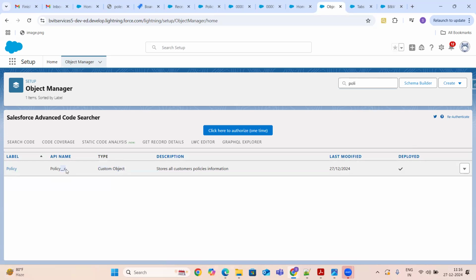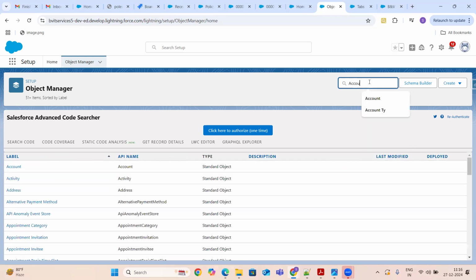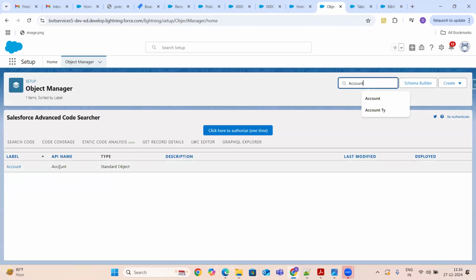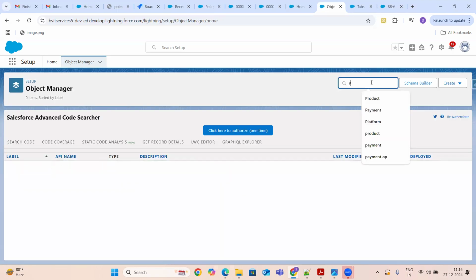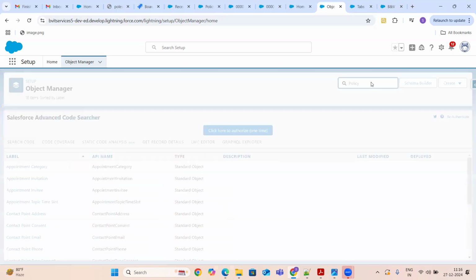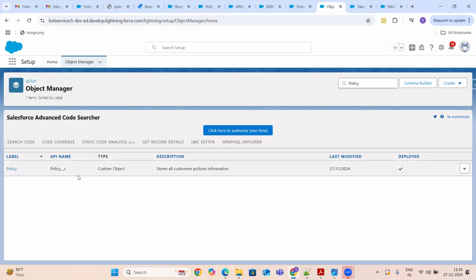All the custom objects are always appended with underscore C. If you see any of your standard objects, the API name will always be direct, it will not have underscore C. But all the custom objects that you create will always come up with underscore C. Okay. This is how, by looking at the object name itself, you can tell whether it is a standard or custom object.